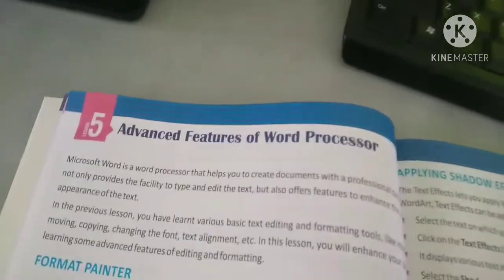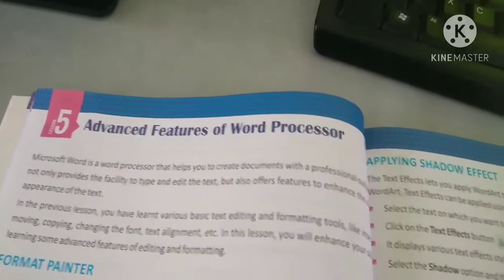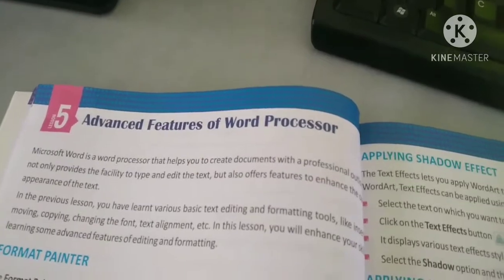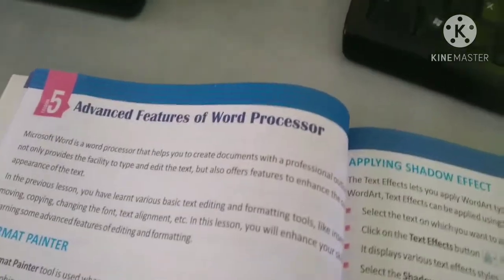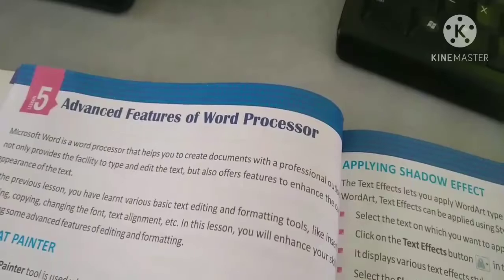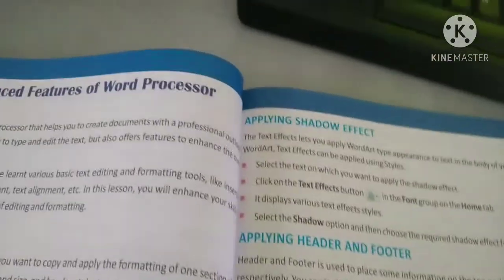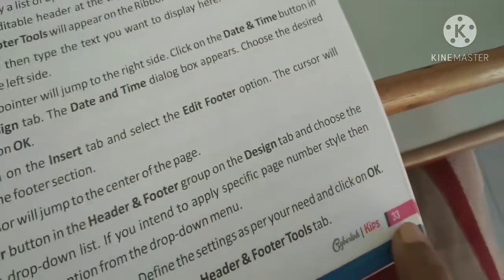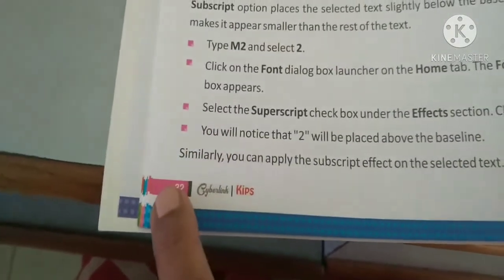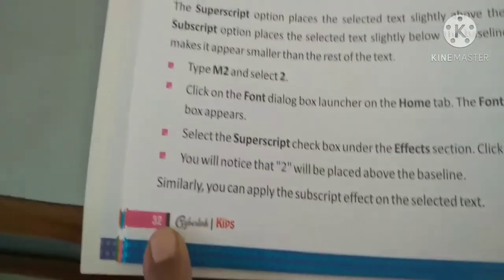Even in your classworks, in the starting page at the top of the red line, what will you write, children? You will write the chapter name, date, and sometimes you will write the page number also. Otherwise you will write the page number at the bottom of the page. Take your textbook as an example. In your textbook, the page number will be at the bottom. That is the footer part of the page.